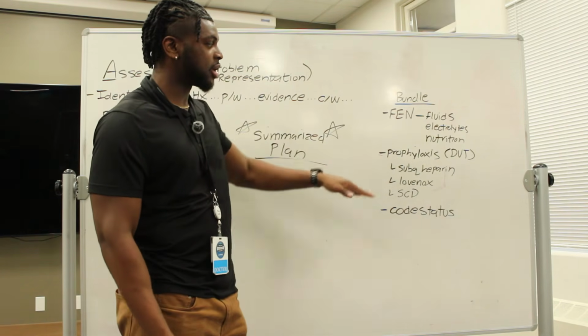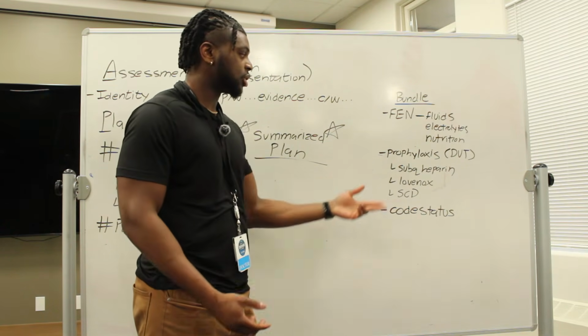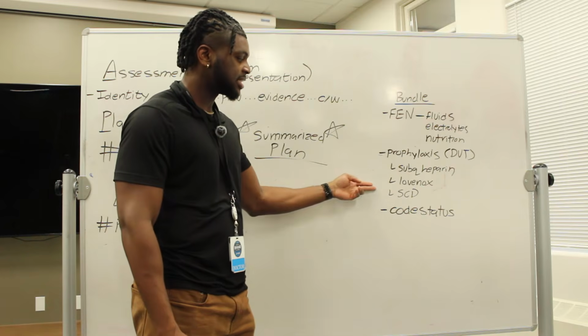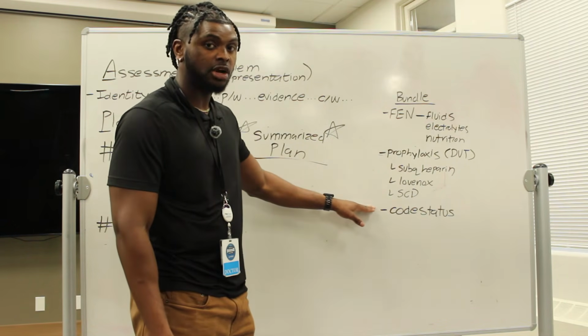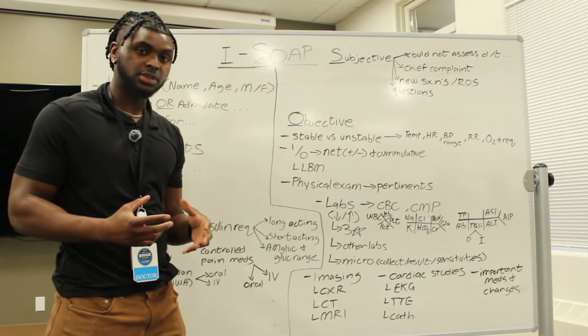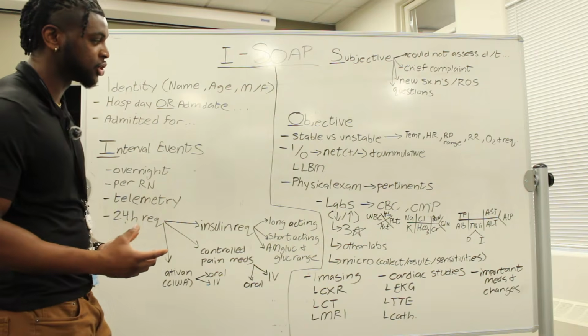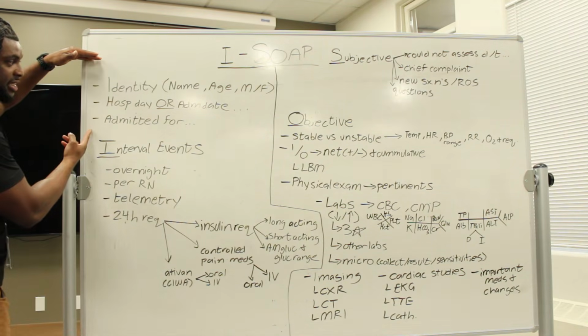And then prophylaxis: is DVT prophylaxis something that you want to make sure that they're on or not on. So sub-Q heparin, Lovenox, SCDs. And then lastly, you want to talk about their code status, especially if they're DNR, DNI, or comfort care. So this is the most effective way to do a SOAP note, progress note style for your patients on the inpatient services. If you present it in this style, making sure that you identify your patient and say the hospital day